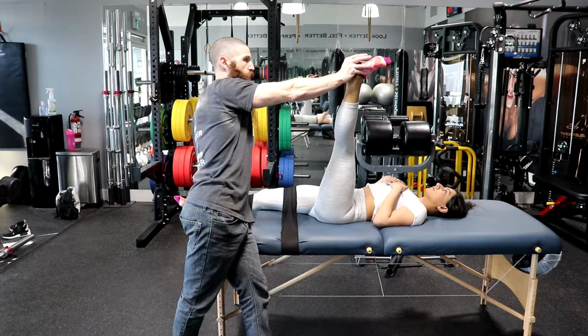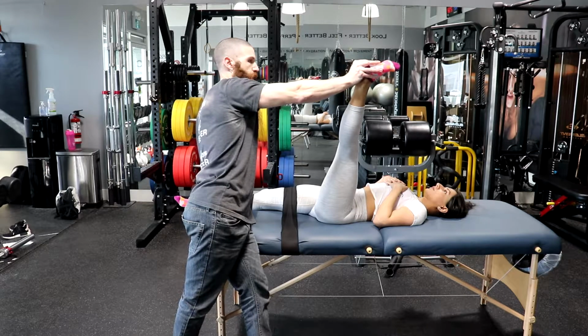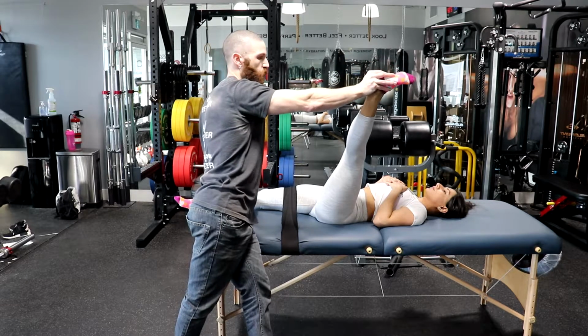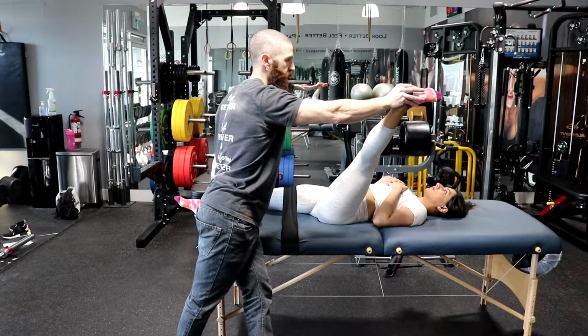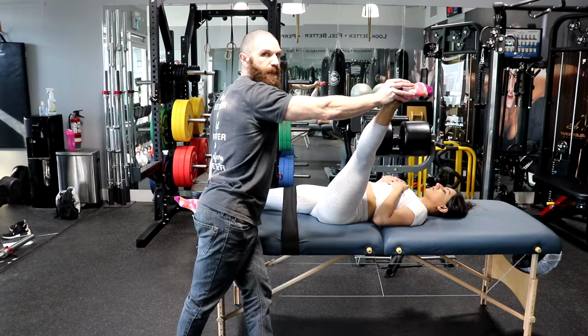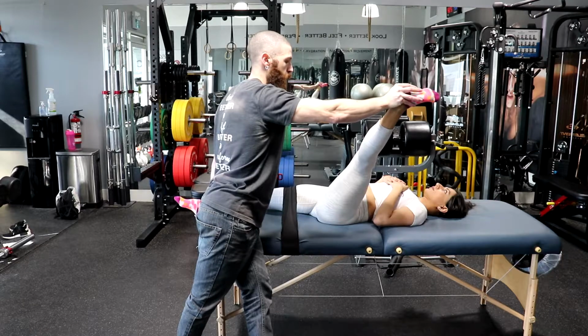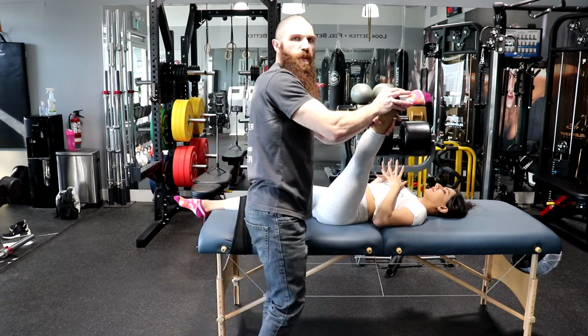So she's going to inhale, push, and exhale, relax. And once again, we're going to take her more into abduction. So again, she's going to inhale and push, and then exhale, relax. Then if you have somebody who is very large, if you have somebody who's 300-400 pounds,